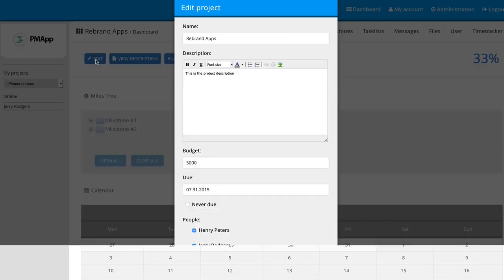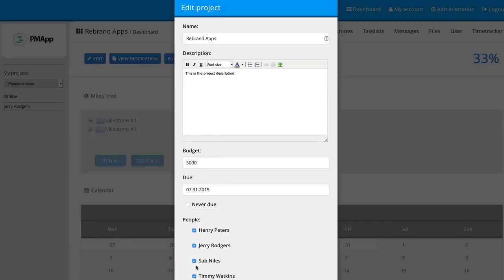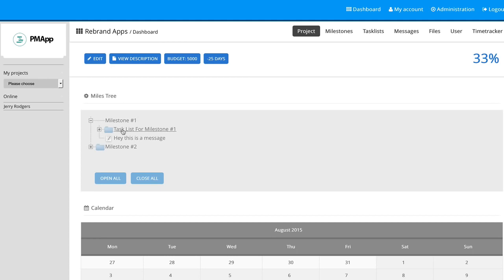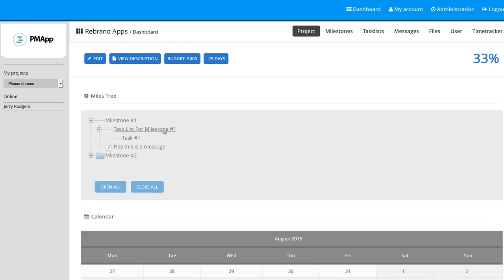This is just kind of a high level overview of the project. You know, which people should have access to this project, if there's a certain budget or description, or when this is due. You can put that in there as well, and it'll show up all right here. Okay, and I can just click on close if I want to. Okay, now you have all of your different milestones. So that's the way that the projects are broken up into specific milestones, and then you have a task list here. And you can see here's the task list, and then here's task number 1,